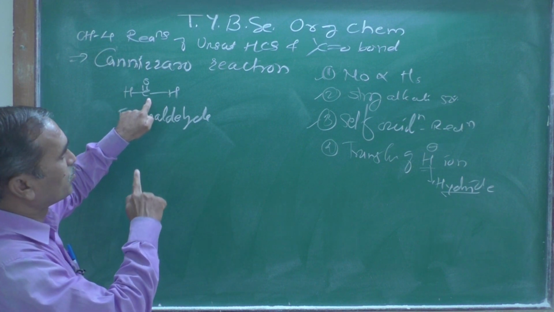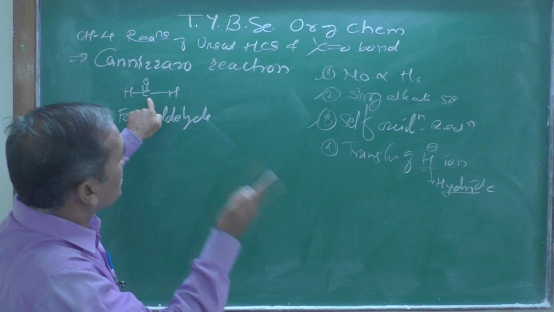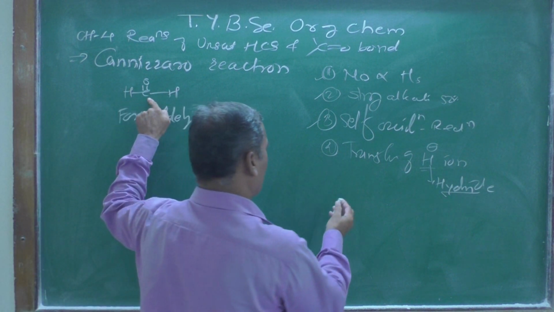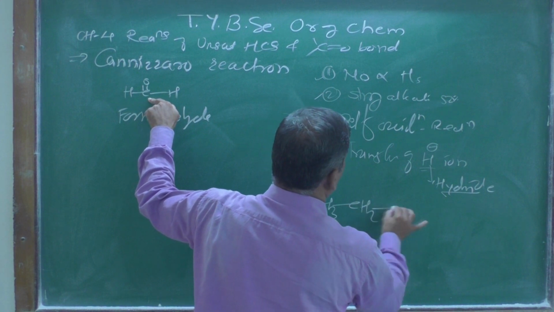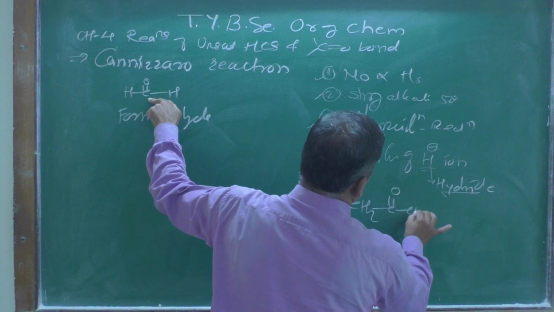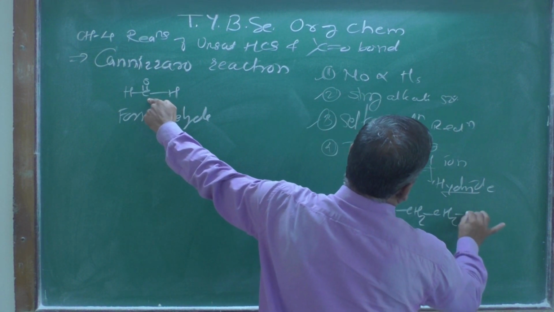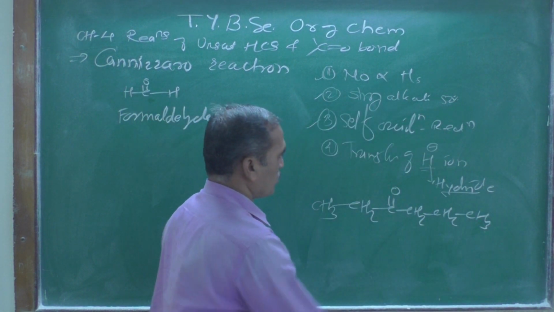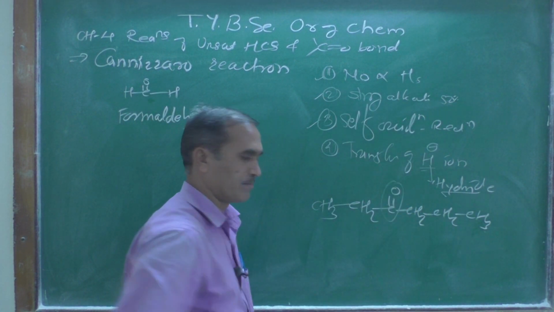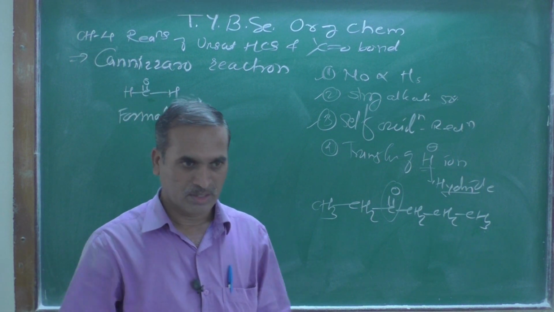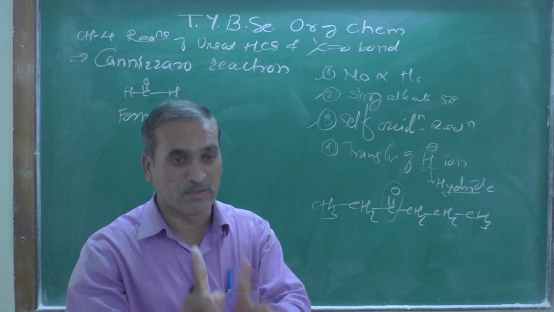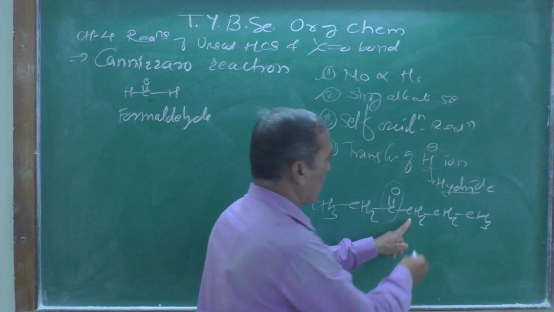Suppose we have CH2, then C double bond O, then CH2, CH2, CH2, like this. This carbonyl group you leave it, and the adjacent carbon atom is